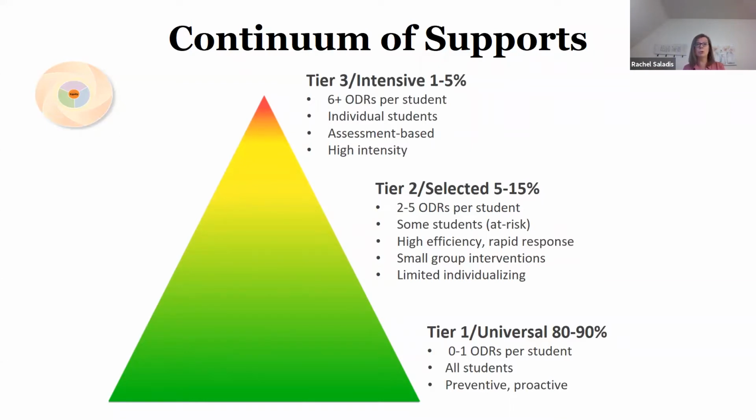The same is true if you look at Tier 3. If you are finding that the majority of your students that are engaged in a Tier 3 individualized intensive type of support all are from a subgroup in your building, that's an indicator. We're not going to stop providing supports, but we want to look at the way our system is supporting all students equitably.